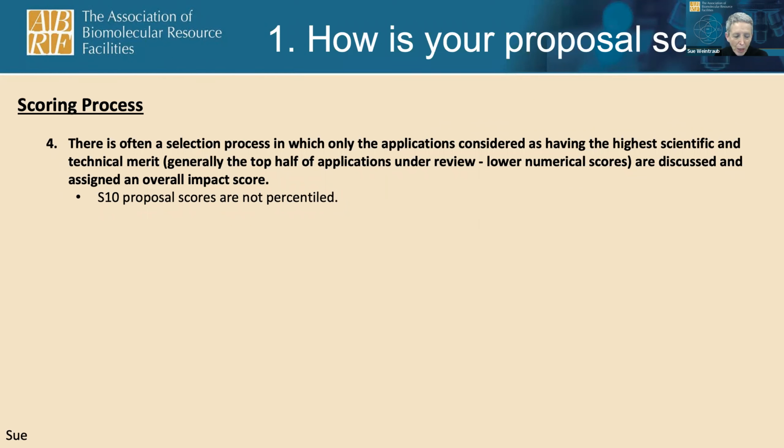You've got to remember that the low scores are better. Only those are discussed and assigned final overall impact scores. The other ones are not discussed. The applicants will still get the written critiques of the assigned reviewers, but they will not get a score, and those cannot be considered for any funding.